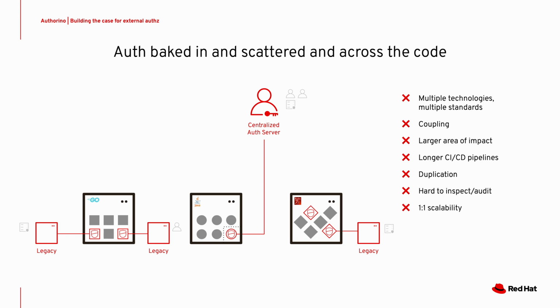Besides, things might be too close to each other, so there might be a larger area of impact in case you need to make changes. Also longer CI/CD pipelines, etc. Even when it's well implemented, following all the best practices, at the level of the organization, the overall set of auth policies and rules is still scattered across multiple code bases. Often, that translates to duplication of code, rules that are difficult to inspect and to audit,